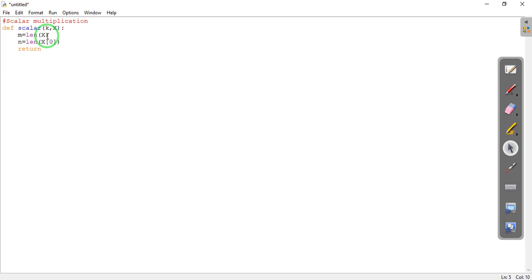So return, it should return k times A for A in row, for row in matrix x.